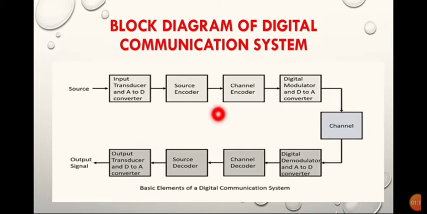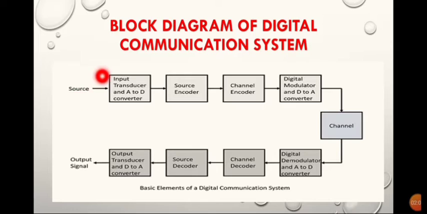So in case of digital communication, which blocks we have to use for the communication, that I am going to explain initially. In the transmitter, the input is known as a source. It is a source of input, that's why we have written the source here. Here we have to use an input transducer. Why? I am going to explain later. The next blocks are the source encoder and the channel encoder. Next we have the digital modulator, that is what? D2A converter. Okay.